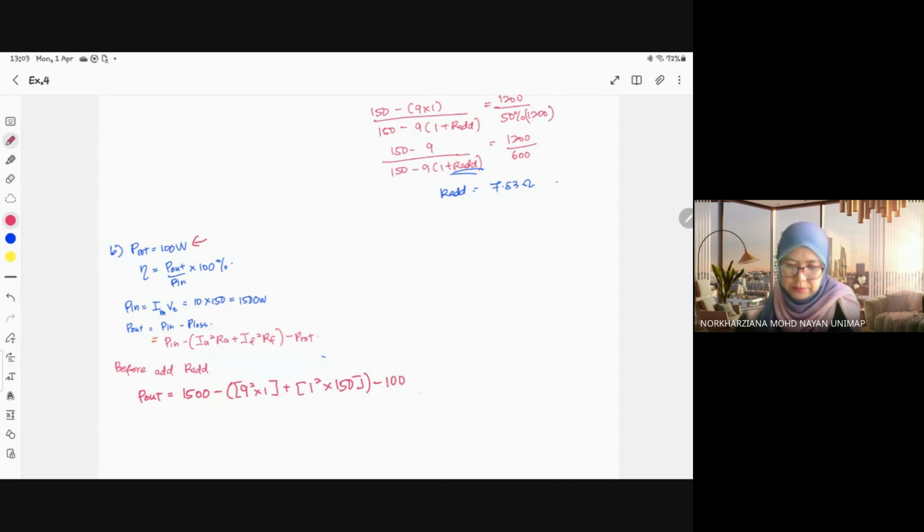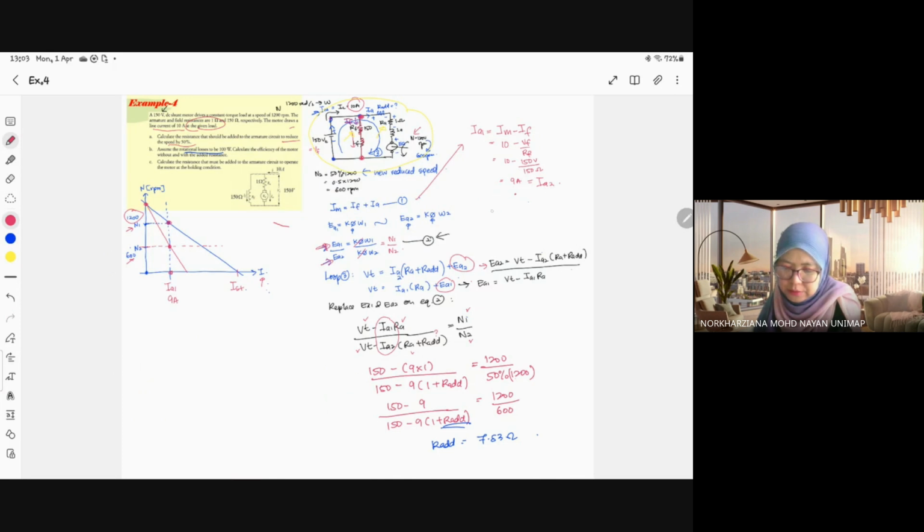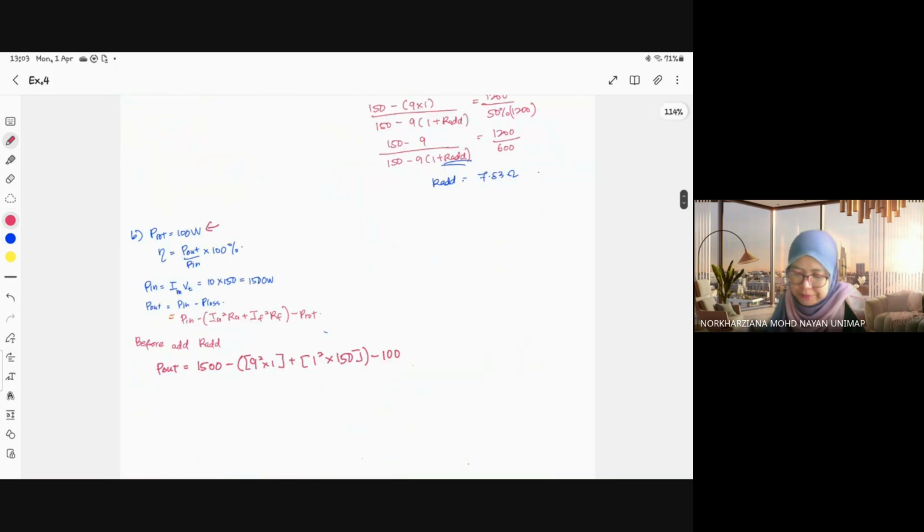Mana dapat 1 ampere? IA is 9. Okay. So IM tadi 10 minus IF. So IF bawa ke sebelah sini, 9 bawa sini, 10 tolak 9, dia akan jadi 1 ampere. By right, yang ni 150 volt over 150 ohm akan dapat 1 ampere. So that's your IF. Okay. Selesaikan, solve the equation, you akan dapat